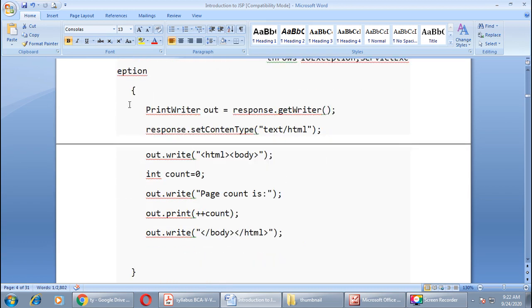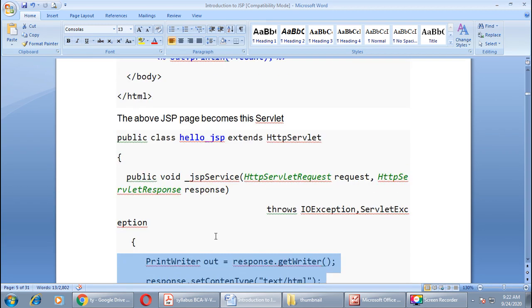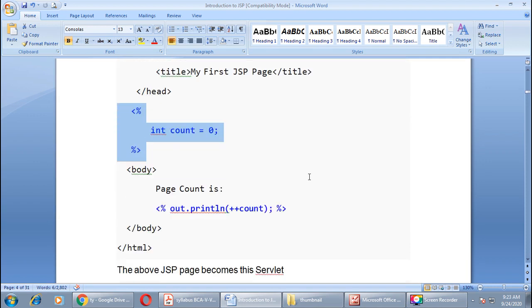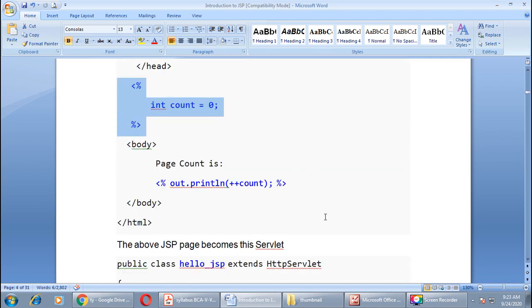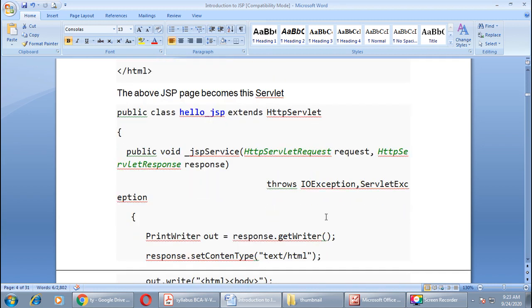Now you are very well aware of this code, as we have done this coding for all the servlet examples. Same will be done by the web container, right? No need to define it ourselves. You have to just insert your JSP tag in the HTML coding, HTML file, that will be converted automatically into your source file by the web container.